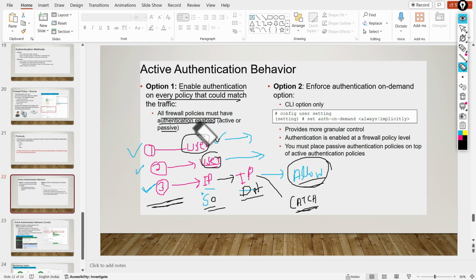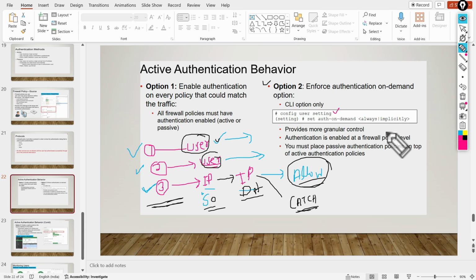So on the firewall policy side, option 1 is that we have to enable authentication on policies that could match all traffic. The second option is to enforce authentication on demand. This is the command: config user settings, set auth-on-demand.